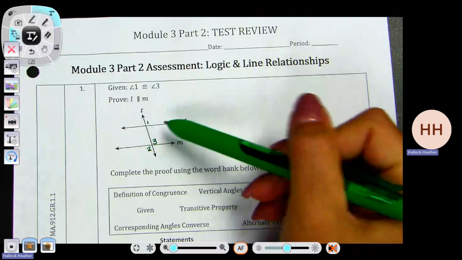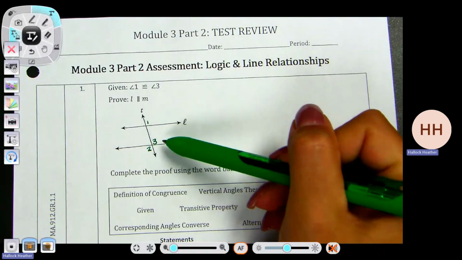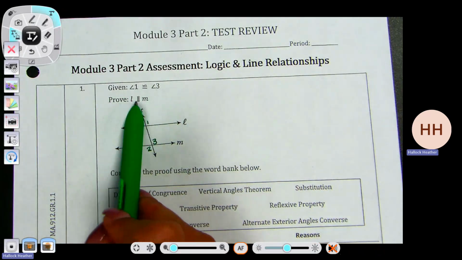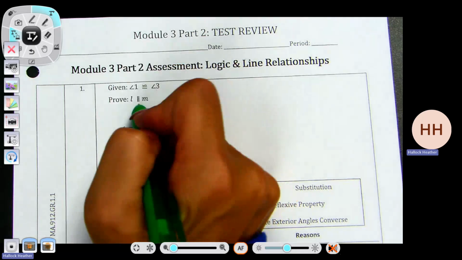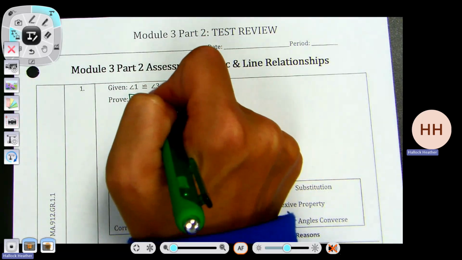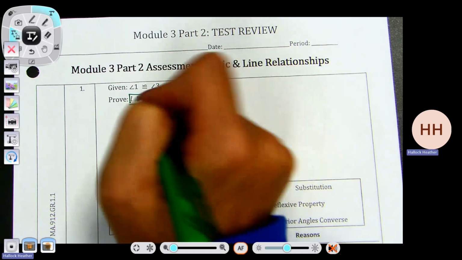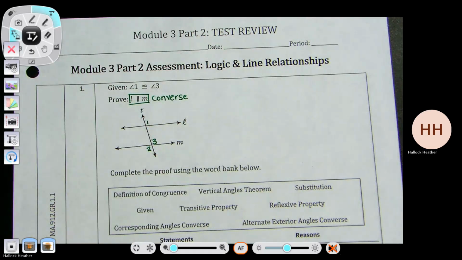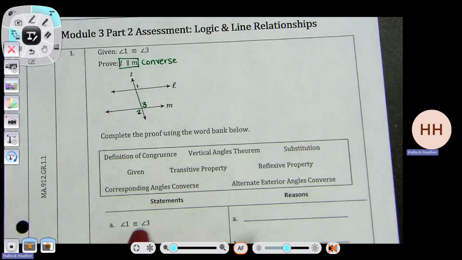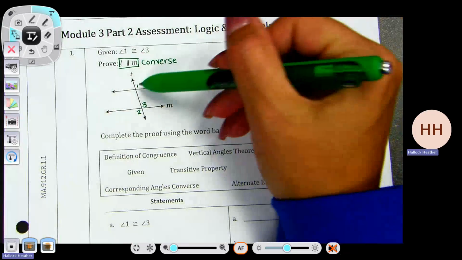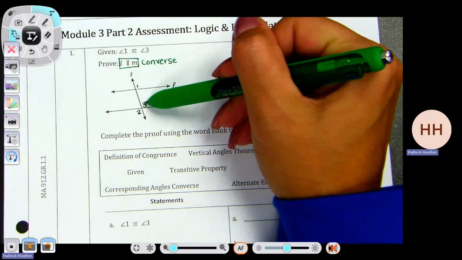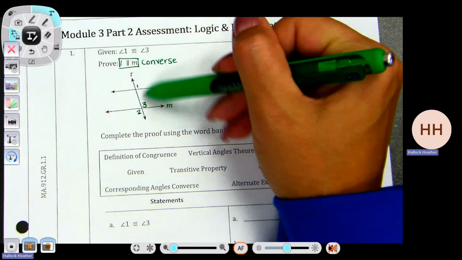Proof. So I have angle 1, angle 2, and angle 3. It tells me, given angle 1 is congruent to angle 3, I need to prove that the lines are parallel. If I'm trying to prove lines are parallel, the only options that you can put for this last step is some sort of converse. So the first one says angle 1 is congruent to angle 3. Angle 1 and angle 3 are corresponding angles, but I cannot use corresponding angles